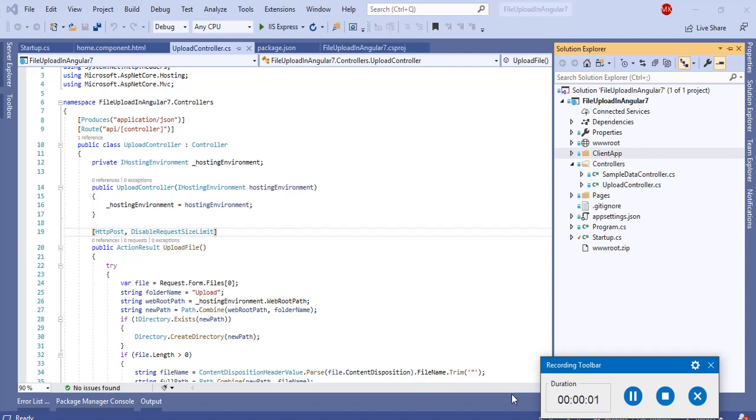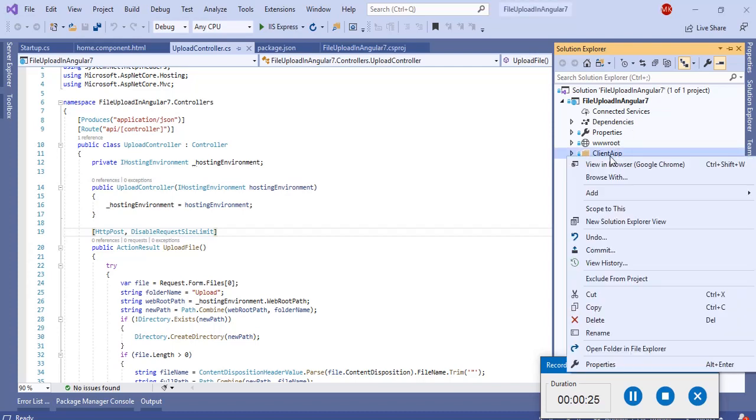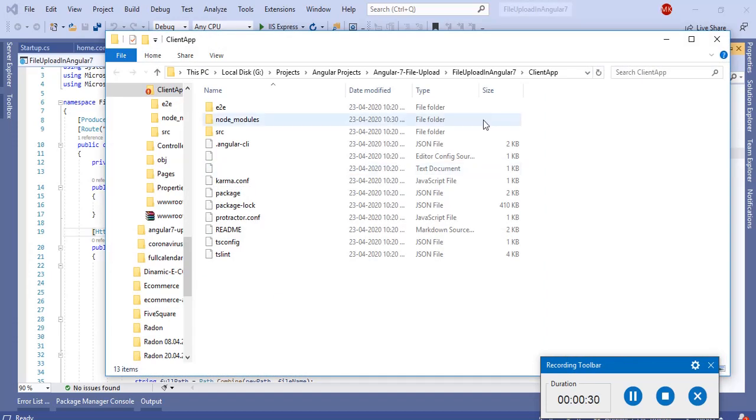Yeah, hi friends. So today I'm going to start a video about how you can upload a file using Angular and .NET Core. So you know friends that when you are new and you want to upload something, you have to search messages. So here I've created a project using .NET Core and also Angular. So let me open the Angular project here in Visual Studio Code so that you can understand how they are working.